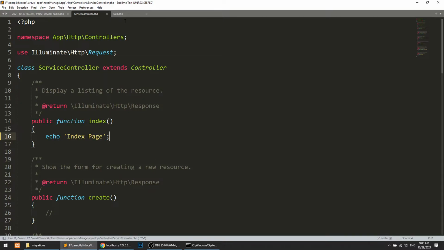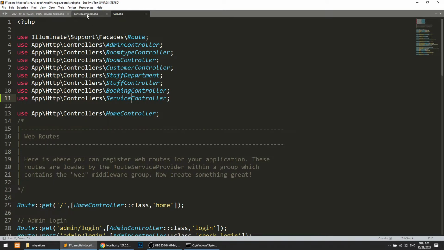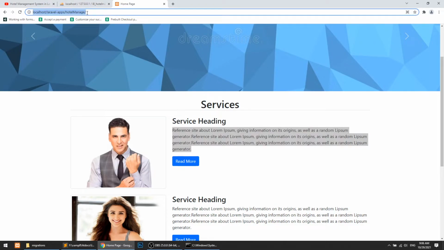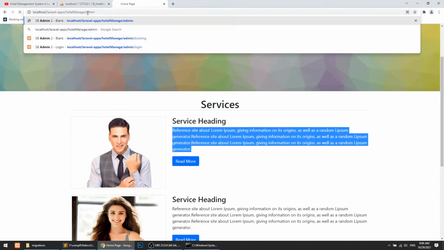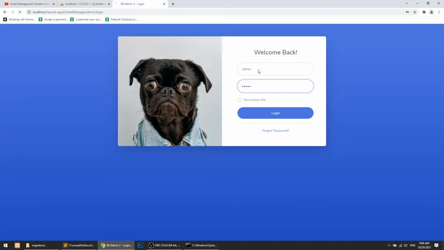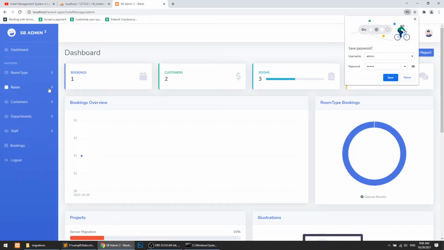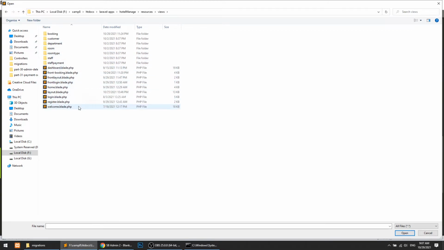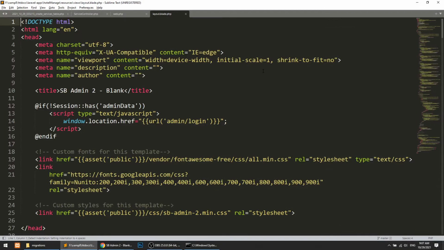So we have created the model and migration, the resource controller, and the resource route also. Now let's go to the admin and log in. We also need to add the link here. I will open the views, where it is, layout.